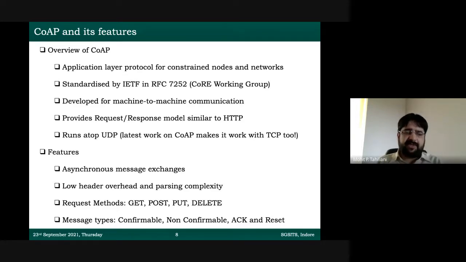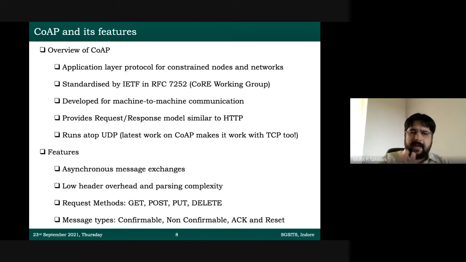What is asynchronous message exchange? When I request something from Manish, Manish says, I have received your request. I'll get back to you with the response. So he did reply to me, but not with the data that I wanted. He just replied by saying, I have received your request. I need time to process it. I'll come back to you. That's what's called an asynchronous message, and that's supported in CoAP. That means when a CoAP client is sending a request to the server, it is not necessary for the server to immediately provide the data. It can always give an acknowledgement to the client saying that I have received your request, and I'll come back to you later with the actual data. That functionality is called the asynchronous message exchange feature.